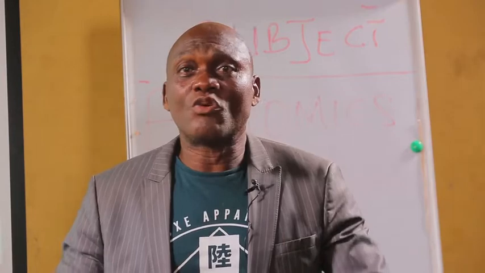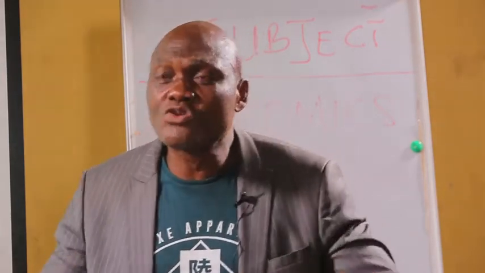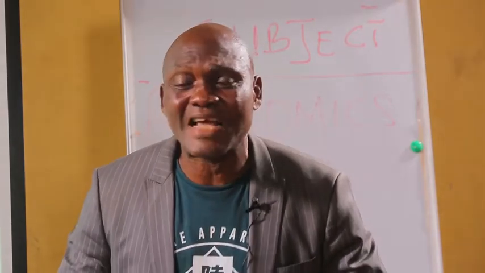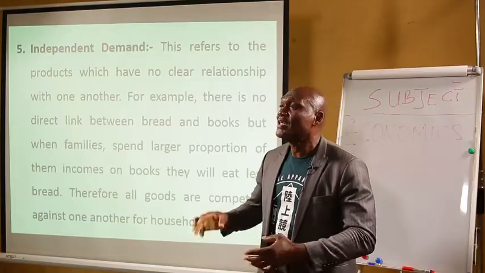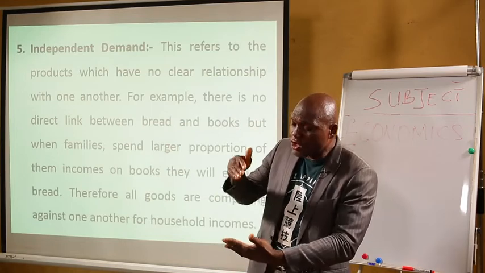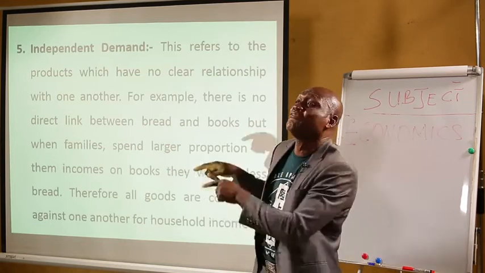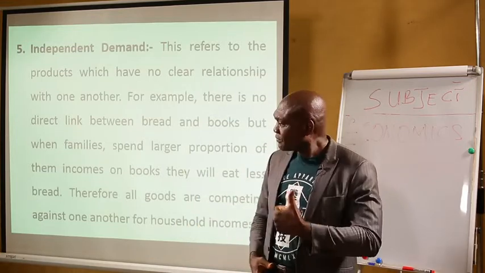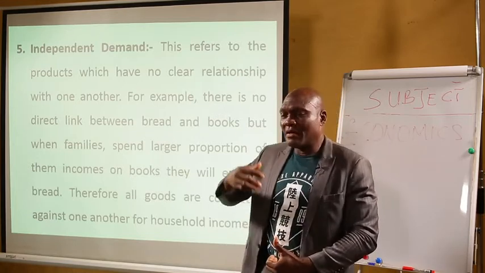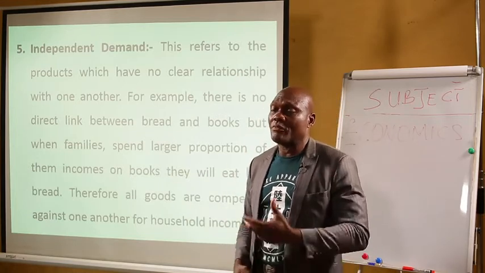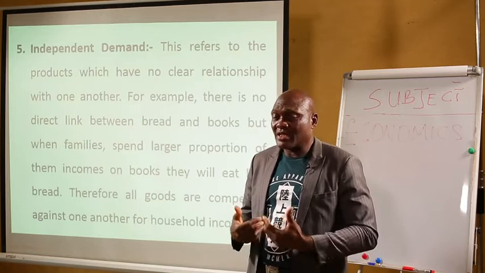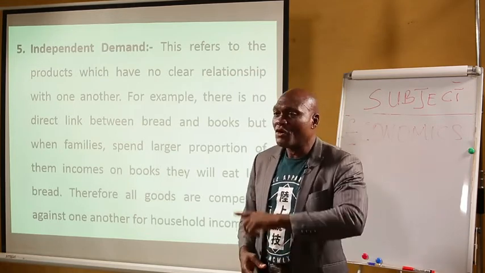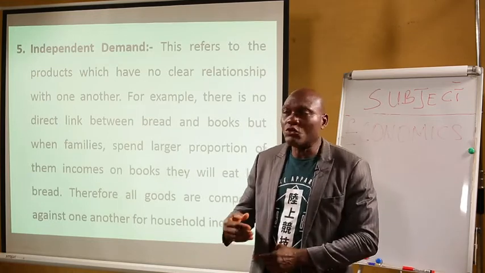So during the new session, when you have spent too much money in paying school fees, in buying uniform for your children, buying school shoes, school sandals, and everything for them, you have spent much. It is that money that you have been saving. So the money that is left for you now to use and feed at home will reduce. That is the link between book and bread. You can't eat book, you can eat bread. But when you pay more of school fees, buy more of books, uniform, school shoes and sandals, then you eat less bread.